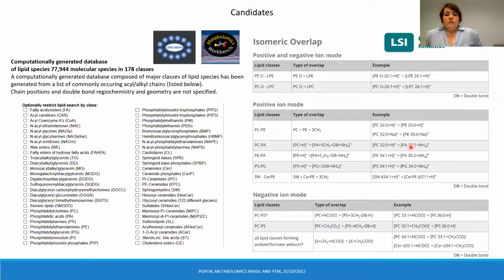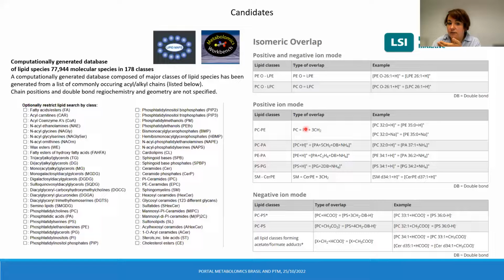Also, what we have to consider is something that I mentioned before: the fact that something is not listed in the database doesn't mean that there are no other candidates. And in terms of lipids, it's quite easy to look for other options. Like for each PC, we can have a PE with 3 carbons more. And on the Lipidomics Standard Initiative webpage, there is a list of isomeric and isobaric overlaps, where you can see what can be the alternative identities, alternative lipids, for the particular lipid that you are dealing with.